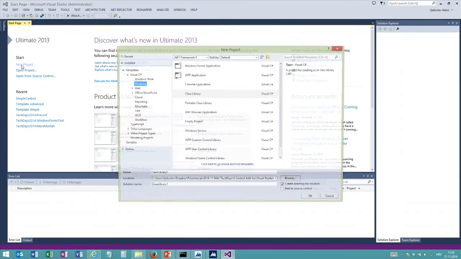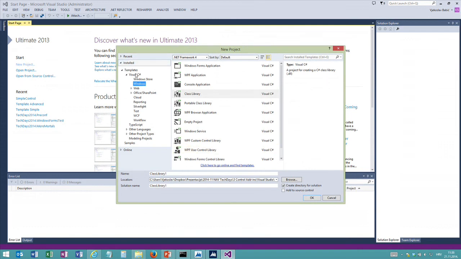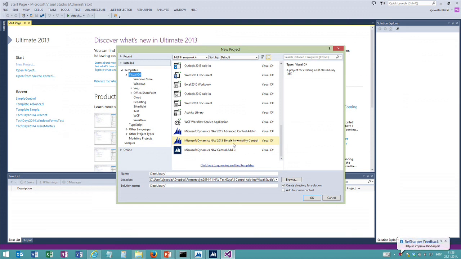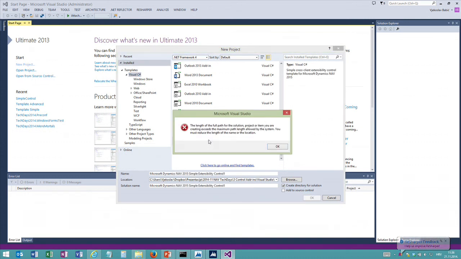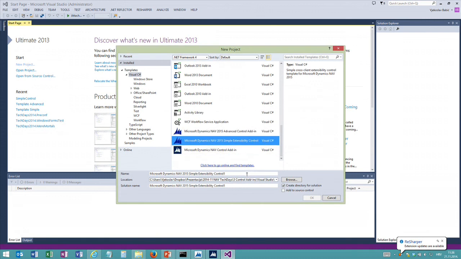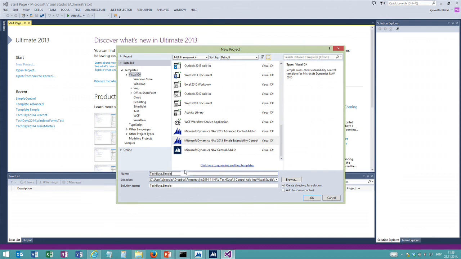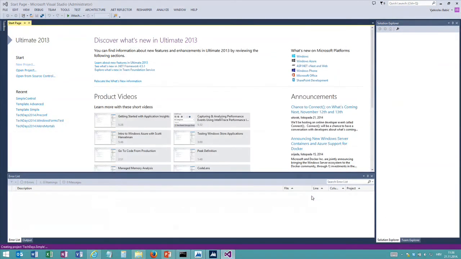I'll click New Project. And here in my Visual C# templates, at the bottom I have some custom templates that I've developed. So here I have this Microsoft Dynamics NAV 2015 Simple Extensibility Control, the name of which makes it throw this error message because it's just too long to be a path. So I have to shorten the name of my project. I'll just call it TechDays Simple. Okay. So when I click OK,